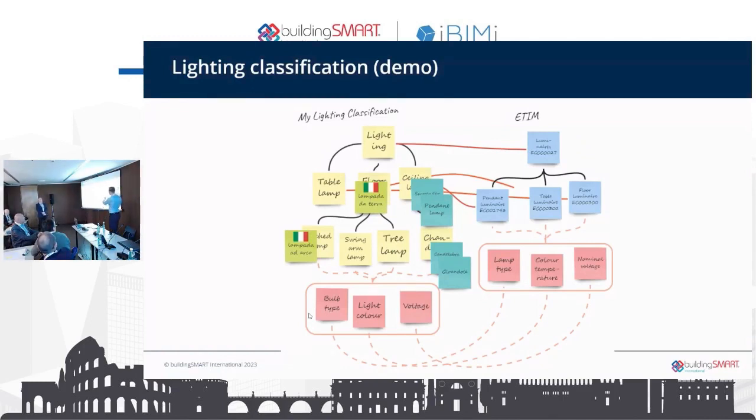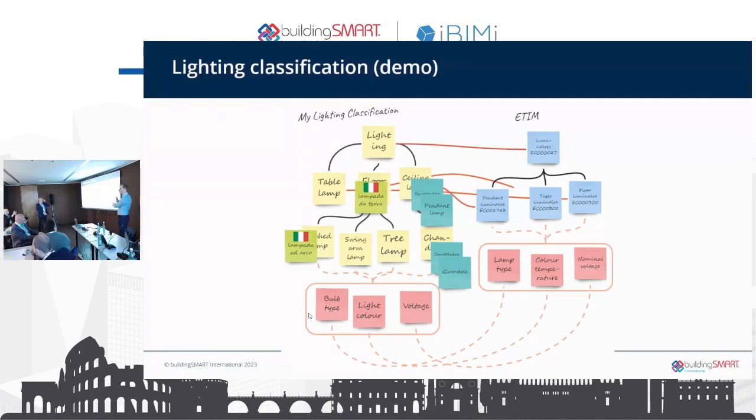Yeah, I was more or less thinking what I would put to define the lamp retailer. So this is my lighting classification, and I have defined floor lamp, ceiling lamp, table lamp, and I also did some translations and synonyms myself and added some properties. And then I looked at the eTeam domain, which is perfect for this lighting use case, and I connected eTeam classes to what I have defined and also eTeam properties. And as you can see, they are completely different than what I named it. Well, not maybe completely, but they are different.